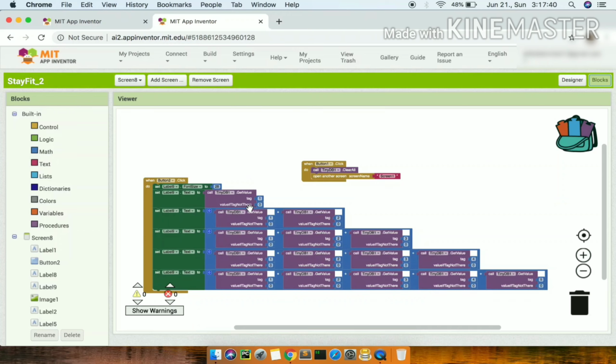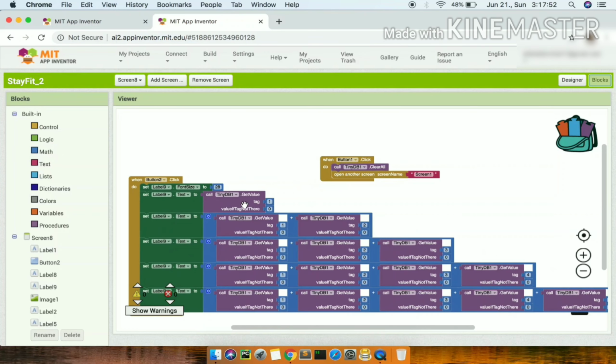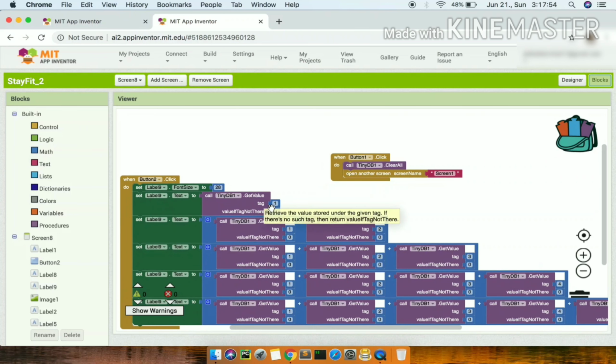and if the tag is not there, the value is 0. So after setting the font size to 28, it will set the label text to the value stored in tag 1, or if the tag is not found by our code, it will simply set the value to 0.